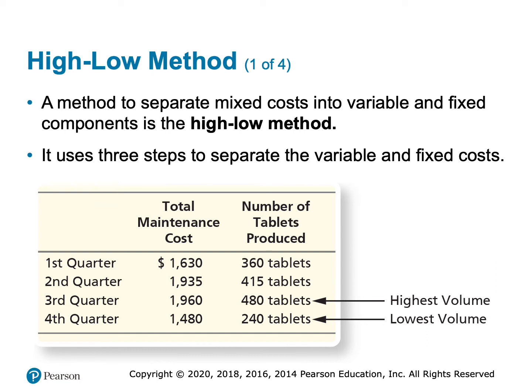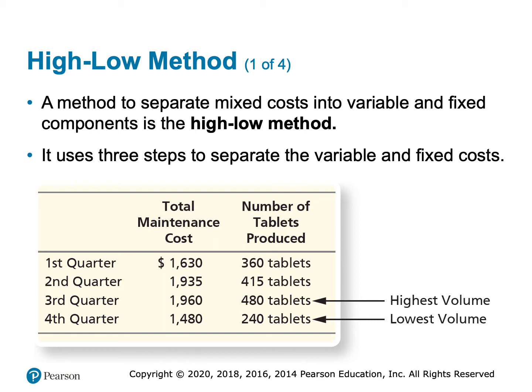The high-low method is going to list all of your costs. Let's take our electric bill, for example. Maybe you list all of your electric bills for the last year. You're going to list what your total bill was and how much electricity you used. And then for the high-low method, you're going to pick the highest month, which is the highest bill and the highest usage, and the lowest month, the lowest bill and the